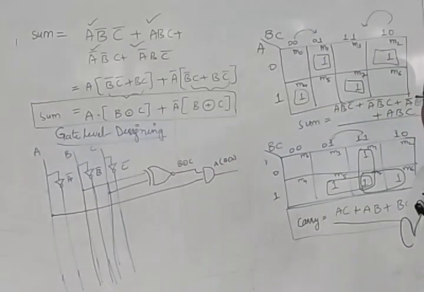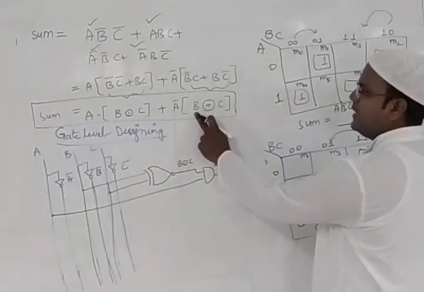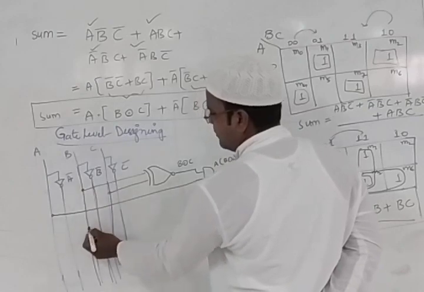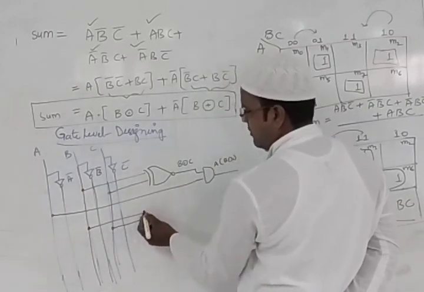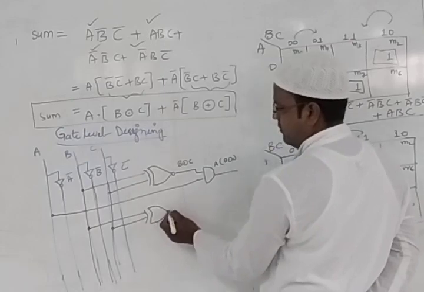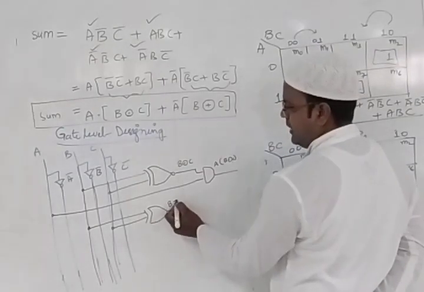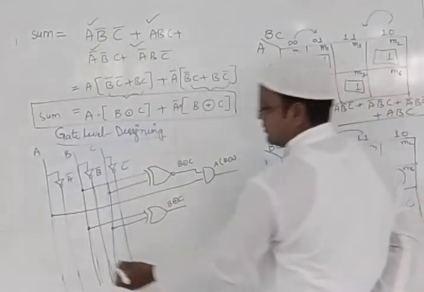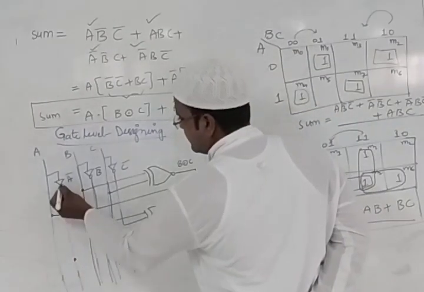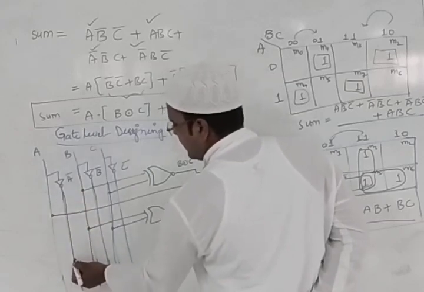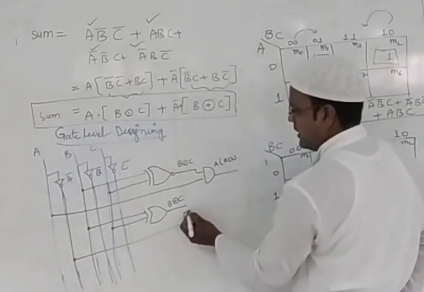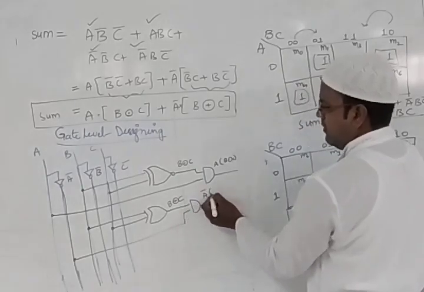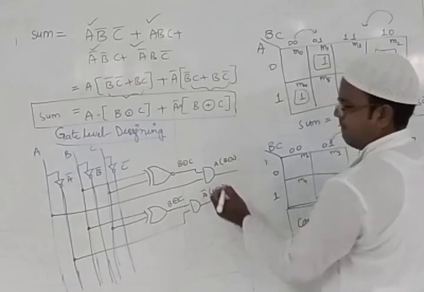Next part, what you need to write? I need to write B exclusive OR with C. Same thing. I'll take the first connection, like this is our B. So B exclusive OR, this is your exclusive OR gate. So this is the answer of B exclusive OR with C. We got it. Now next thing, we need to multiply with A complement. This is your A complement. So A complement we took it, we connected with one AND gate. So this is the answer of A bar, B exclusive OR with C.